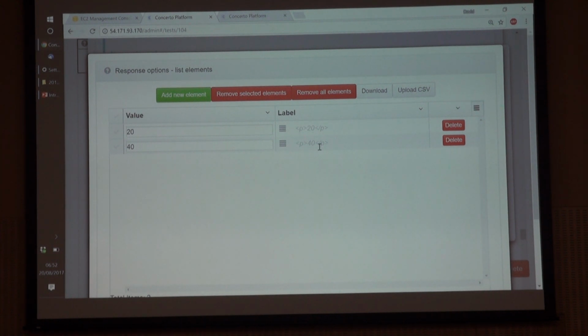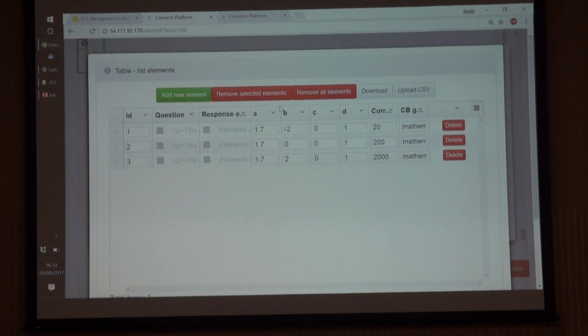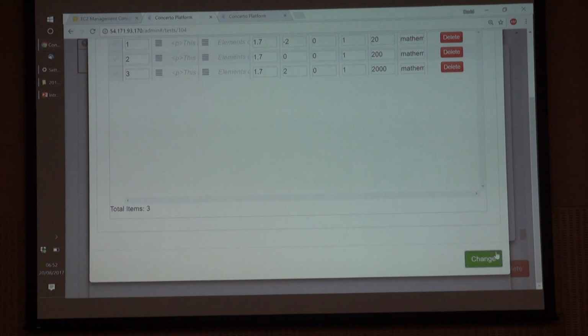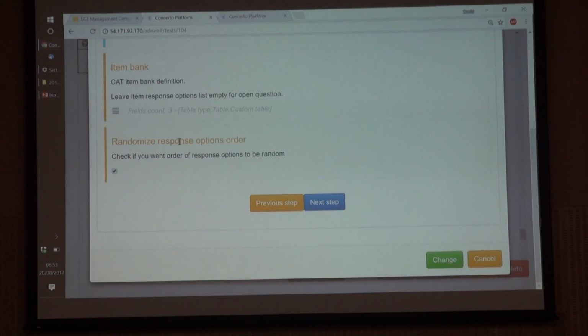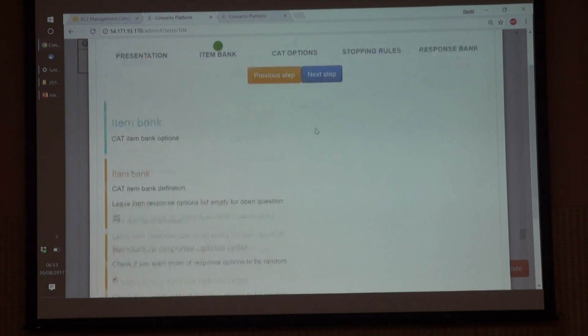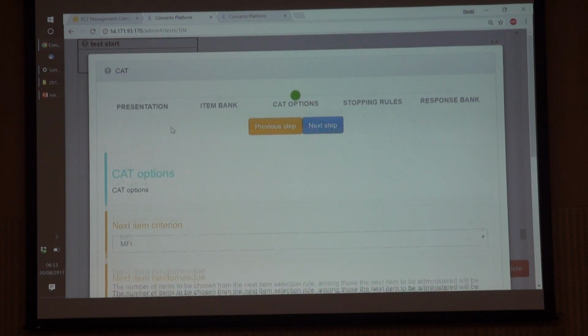So you've got 20 and 40 for 10 plus 10, and 200, 400, 2,000, 4,000. Okay, and you can see it randomizes response options. So the 10 and 20 might be 2010, or it might be 1020, it's randomized. But you can turn it off if you want.